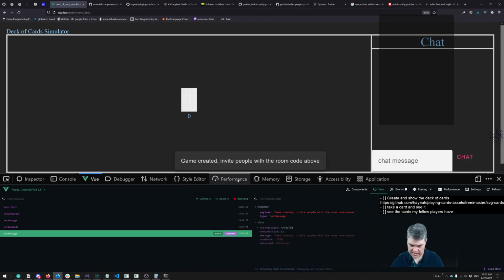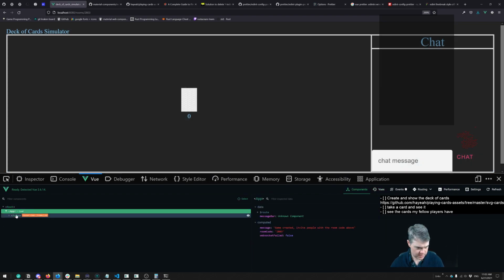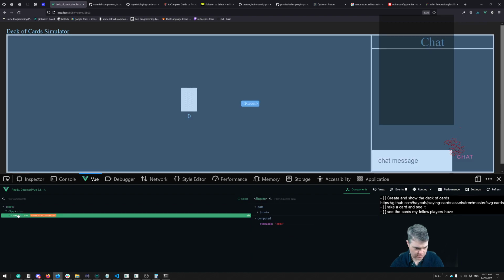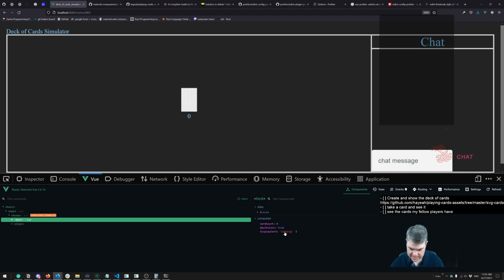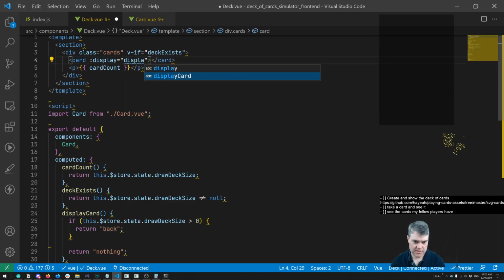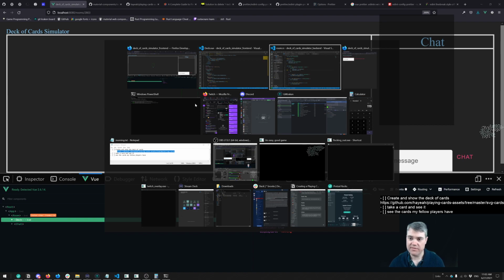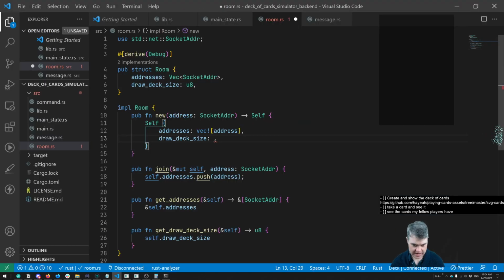So there's that. If we go into our components and we look at room and deck, display card is nothing. Okay. And then we can connect this into display card. And now we have this here. Which means if we come back to our front end and we set you back to 52,